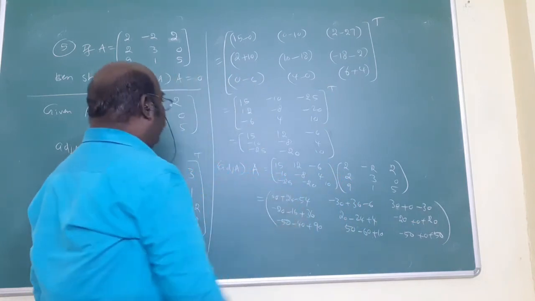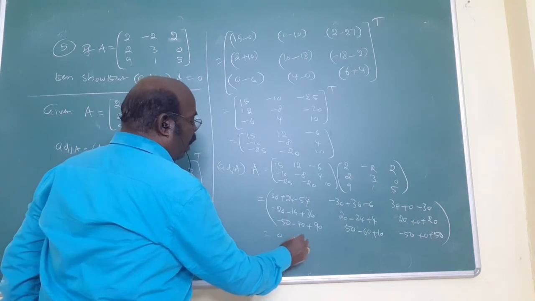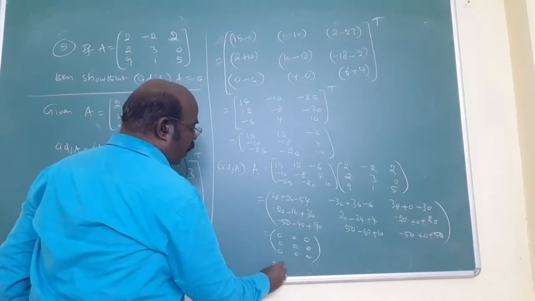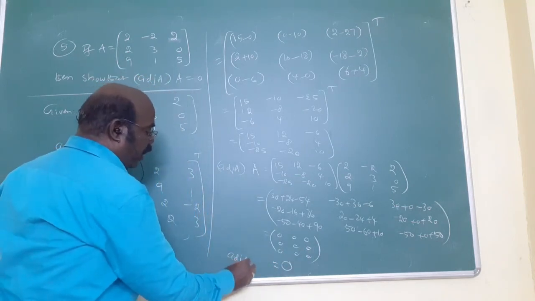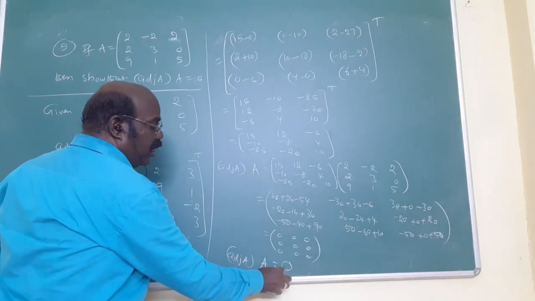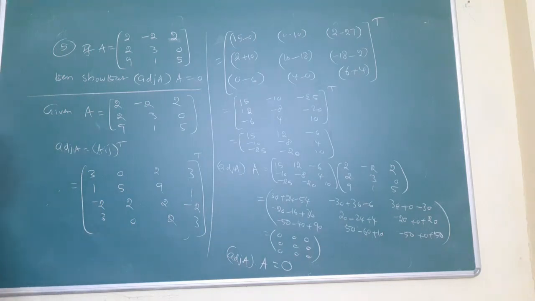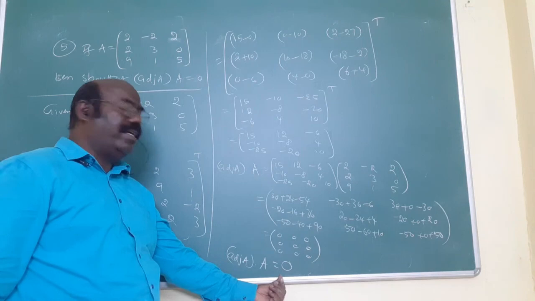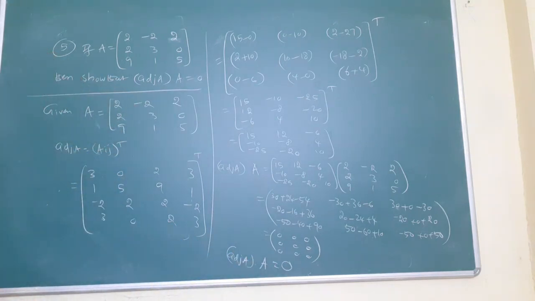I already told you, if you want to put equal to 0, no. So definitely, all elements are 0. Understand? Simplify all. That is what? 0 minus 4. That is what? But adj A into A is equal to, this is not 0. There is an O matrix, an origin matrix or null matrix. This is called a null matrix. The matrix is always denoted by the capital letter O. That is the O matrix. That is the answer. If the question is given, the answer is also given.